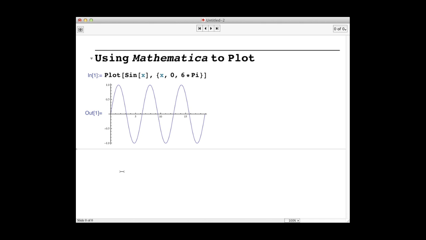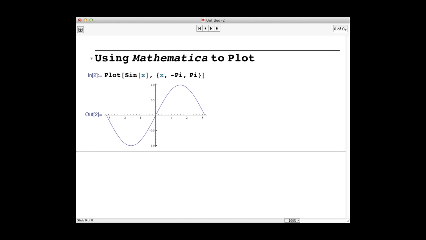Now we're going to change the range from minus pi to plus pi. So we'll replace 0 with minus pi, and we'll delete the 6. We'll hit Shift Return, and we'll get a new plot. We can also change the function very easily. For example, let's say we wanted to plot sine of 2x. We'll put a 2 in here, Shift Return, and we get the plot of sine of 2x from minus pi